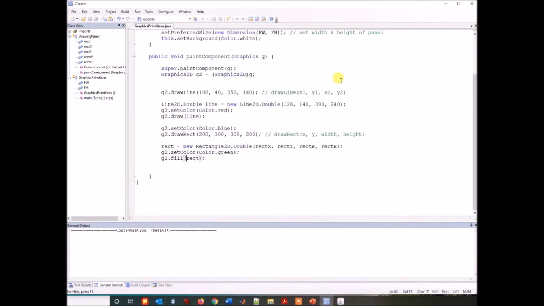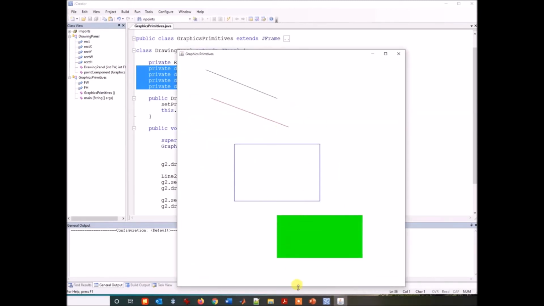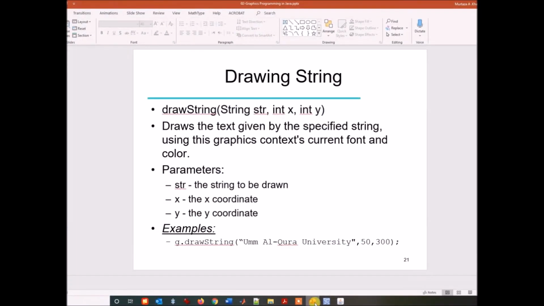So we have seen an example in which we can directly draw the objects, like draw line and draw rect, by calling the method. Another approach was that first we create the object, like creating an object of Line2D.Double, and then calling the method draw and passing our object. So we have created a line. And similarly we have created a rectangle object, setting the color and calling the method fill to draw it. This rectangle is the most flexible because we have defined the parameters for this rectangle, and later on we can change these parameters. So this was the output for this program which I wanted to discuss with you.